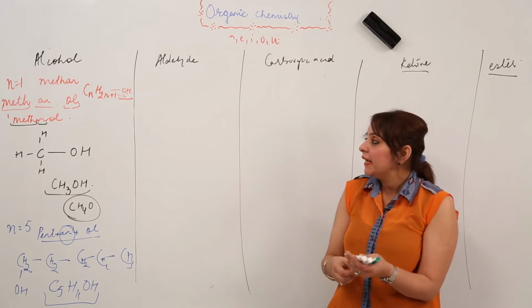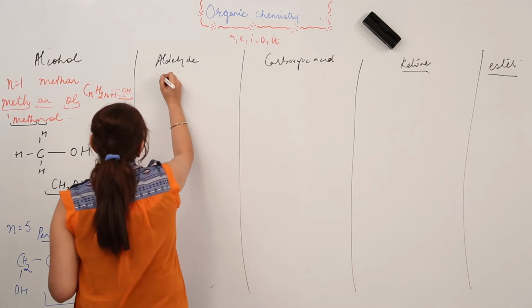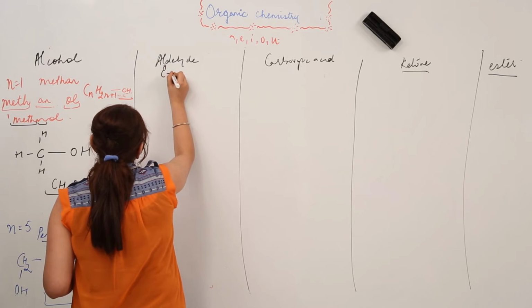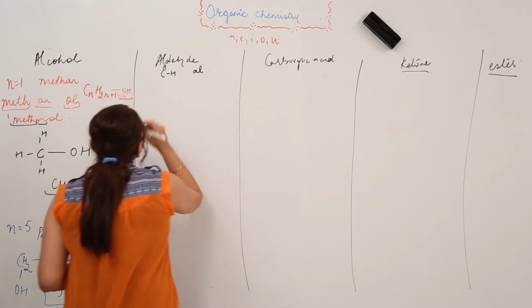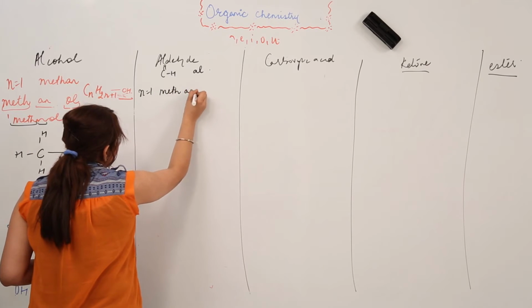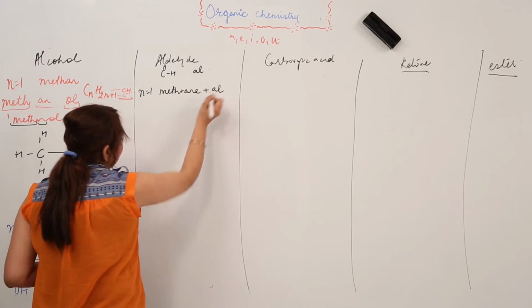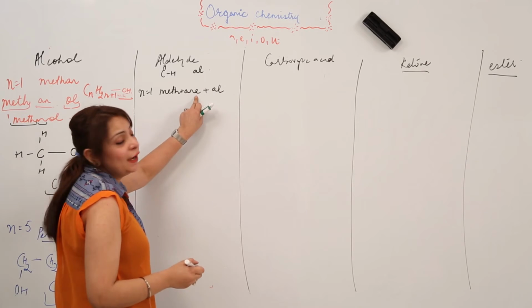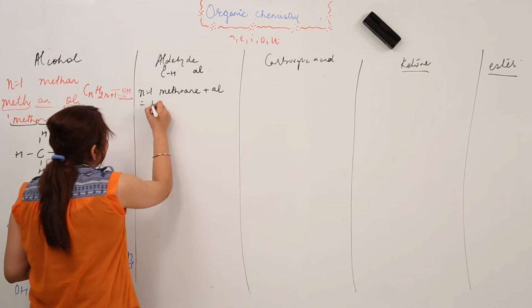Now looking at aldehyde, we have the CHO group, right? You know that, and the suffix is al. So I am making the first member: meth, ane and al. Again it starts with a vowel, so I have to drop this E, right? So the name becomes